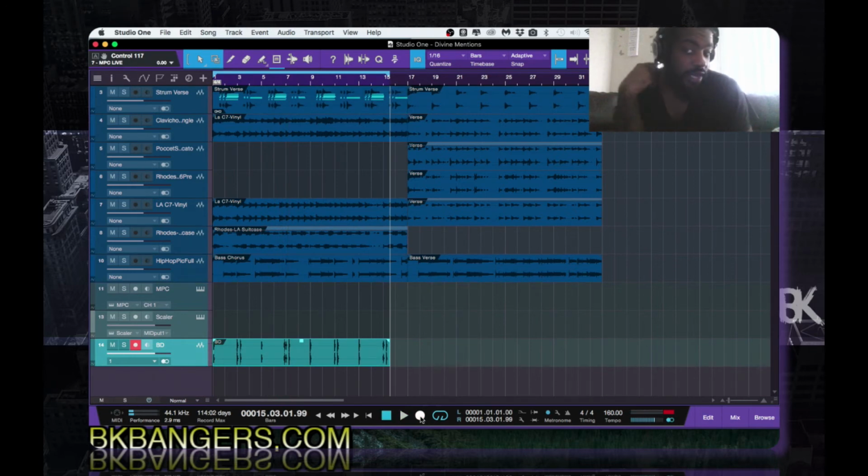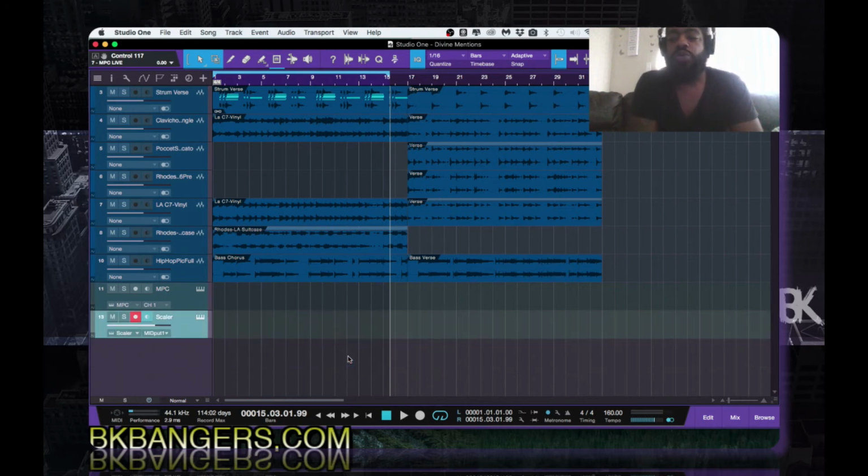Now, this process right here is a little tedious because you got to go through each pad. So if you got a bunch of pads, it becomes a little tedious. I'm trying to figure out if there's a way to do multiple pads. I know I could just add them in, but I'm not sure how the routing is gonna work. So I'm gonna figure all that out. But I wanted to share that with you guys basically because I was running into the issue of